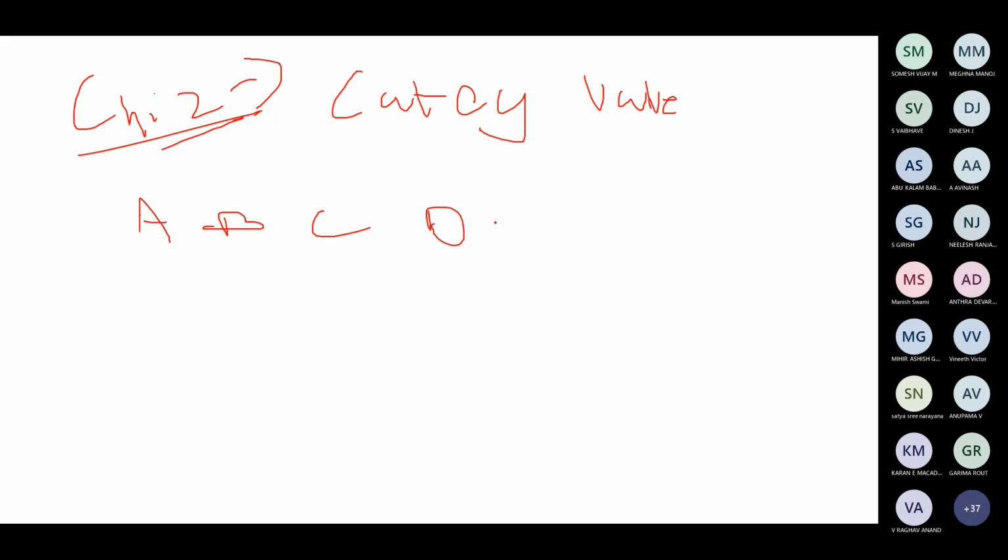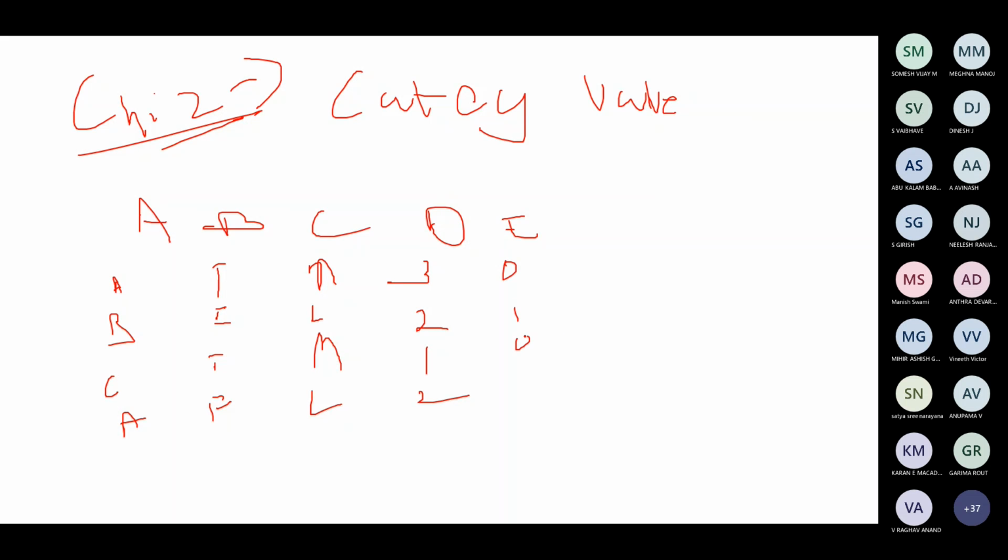So initially, students, say you have been given categorical values. Say you have a data set with columns A, B, C, D, E. Your data set has the values A, B, C, A, then true, false, true, false, then magenta, lavender, magenta, lavender, and then some classes 3, 2, 1 and 2. Then you have the target values, either 0 or 1.